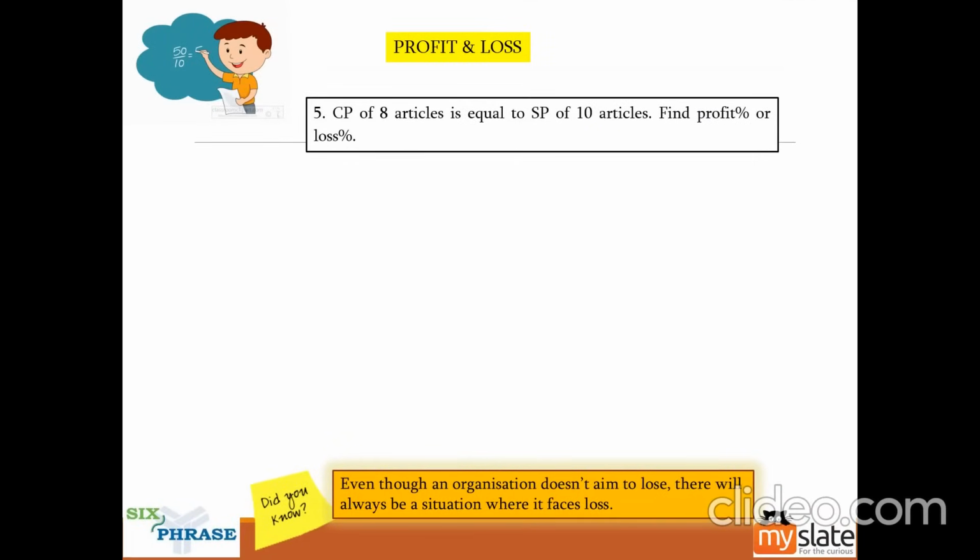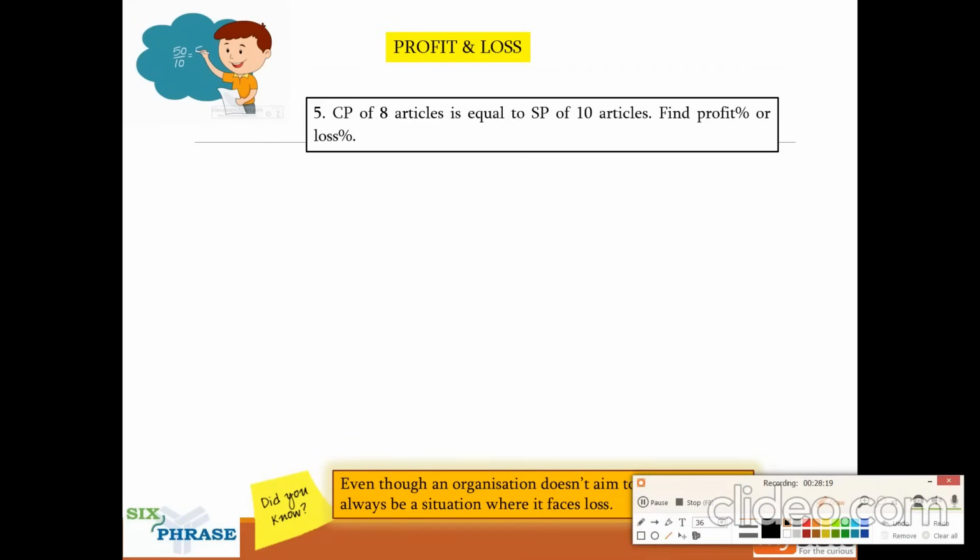Cost price of 8 articles is equal to selling price of 10 articles. Find the profit percentage or loss percentage. Now I'm going to tell you how to do these kinds of problems, guys. Very simple. I have a shortcut for this. If you find problems like this, just apply the shortcut. You will get answers within seconds. Now it says cost price of 8 articles is equal to selling price of 10 articles. So we'll take cost price of 8 articles, selling price of